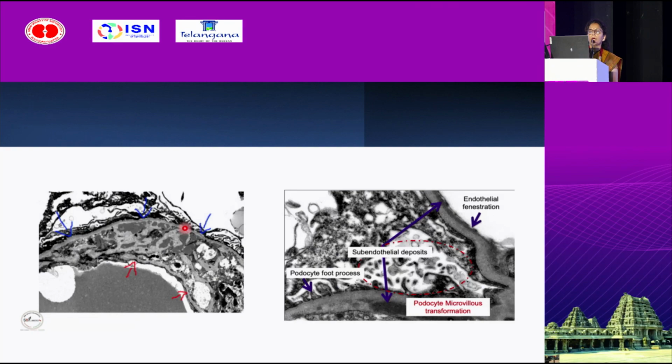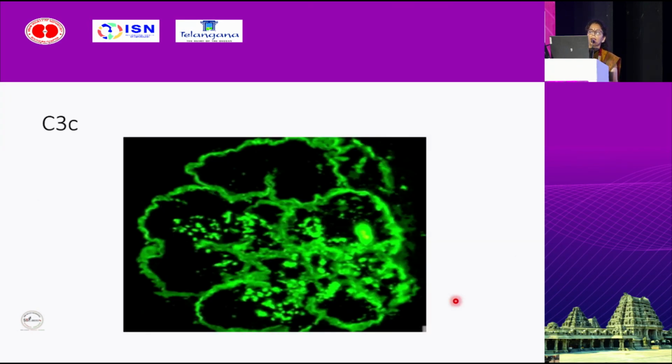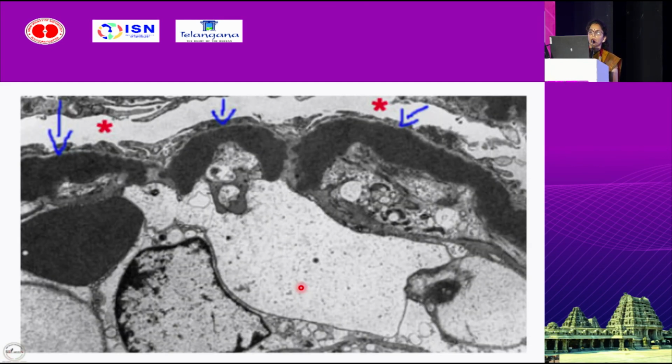And on electron microscopy, we see this blue color outer is the original membrane and here is new membrane formation, that is red color, and we can see these subendothelial deposits, also intramembranous. Another entity is when we see only C3c deposits along the capillary lumina, and mesangial ring kind of deposits, and all other immunoglobulins are negative, then it becomes a case of DDD, which should be confirmed on electron microscopy. Look at these intramembranous deposits. They are charcoal colored and osmiophilic deposits in the